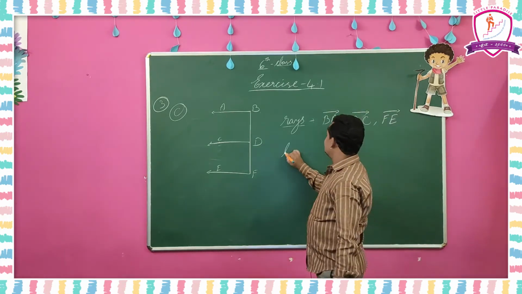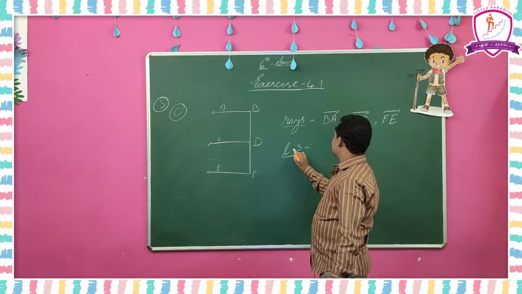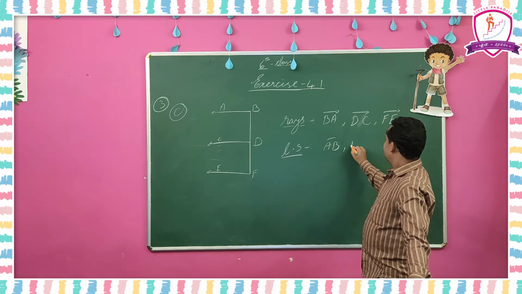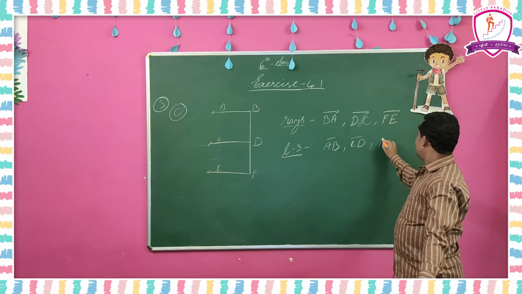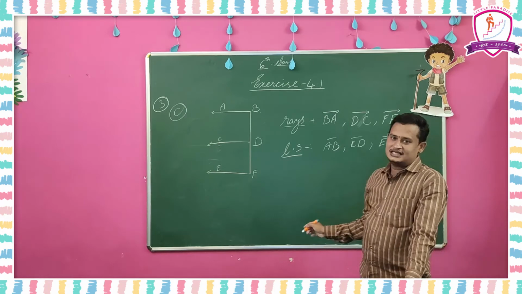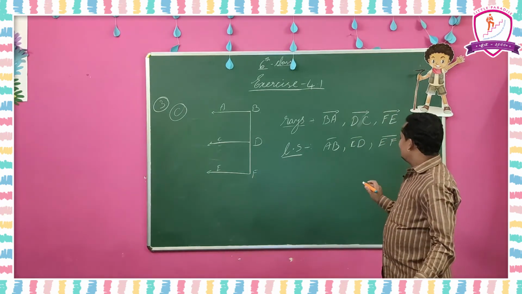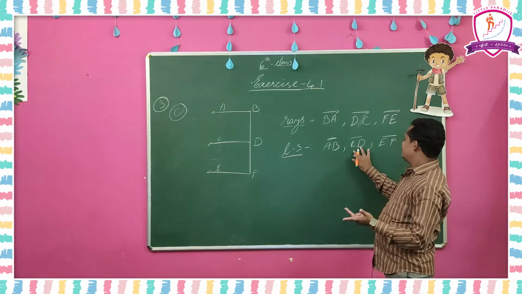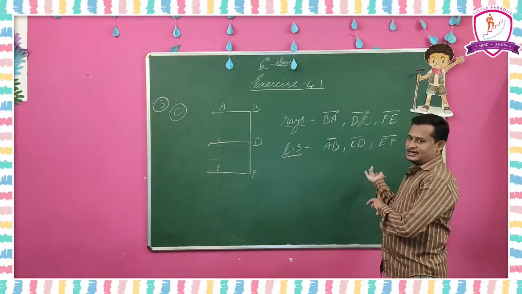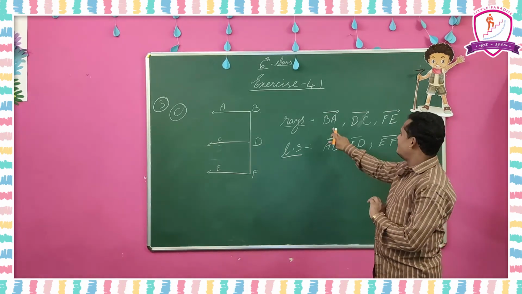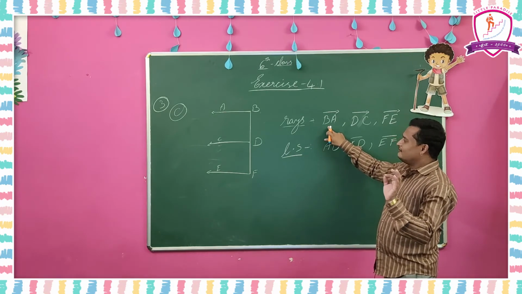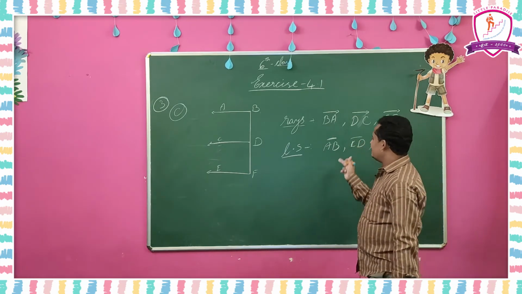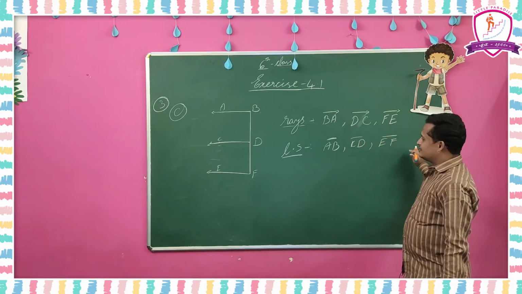And how many line segments are there? In the line segments section, AB line segment, CD line segment and EF line segment. When you write a line segment or line, you can indicate any point first: AB or BA, CD or DC, EF or FE, like that you can write. So no problem. When you are writing a ray, you must observe which ray is going on which side. So these 3 line segments are completed.